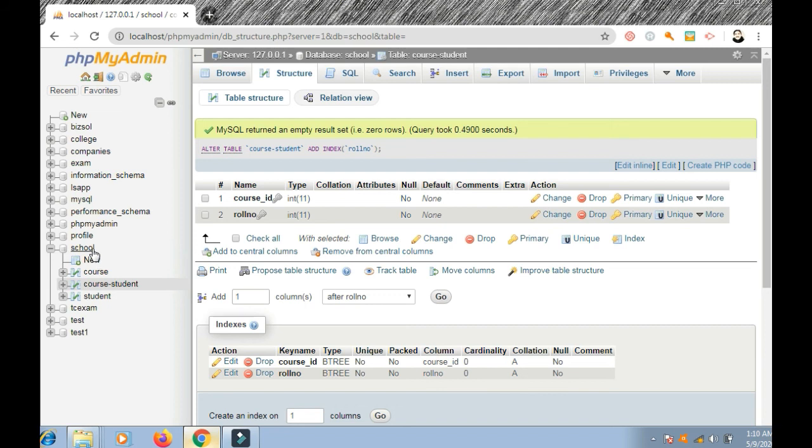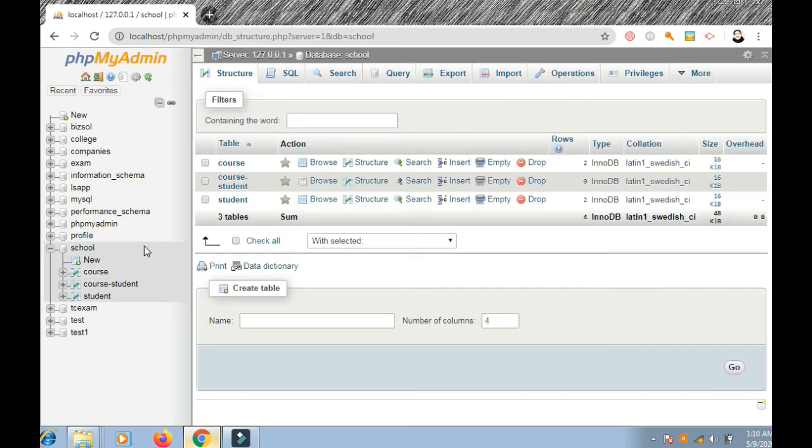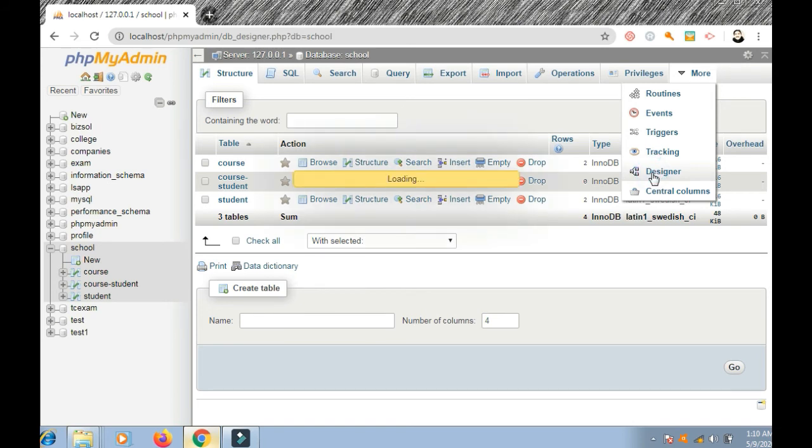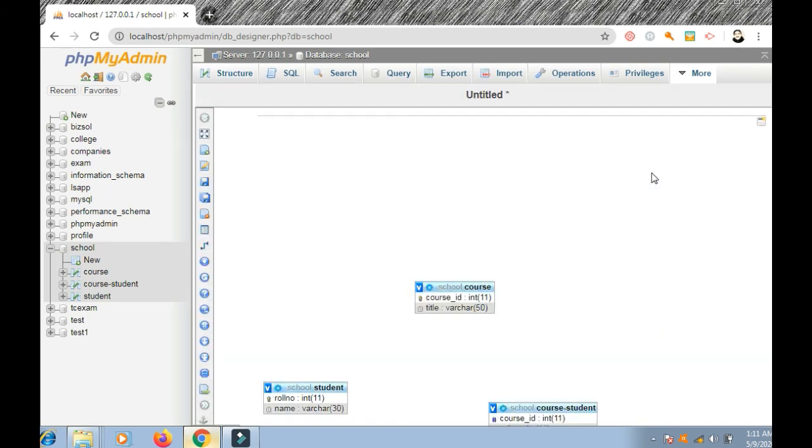We go to this school database, and we go to more, and there is an option designer. I click this designer. Okay, so it is loading. Now this is the designer.